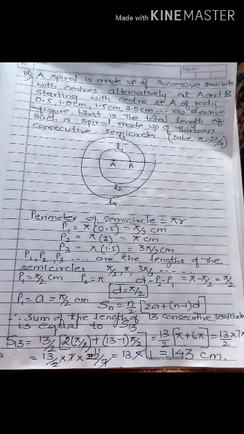So S13 equals 13 by 2 (2 into A, which is given as pi by 2, plus (13 minus 1) into pi by 2), that is 13 by 2 into (pi plus 6 pi), that is 13 by 2 into 7 pi. Pi is 22 by 7. Replacing the value, we get 13 by 2 into 7 into 22 by 7. So 13 into 11 after the cancellation of 7 and 22 divided by 2. So 13 into 11 equals 143.